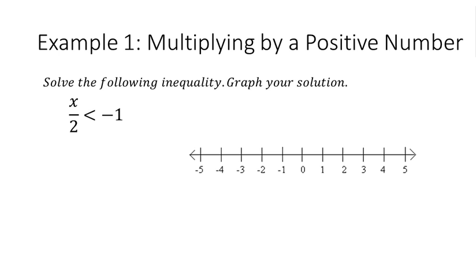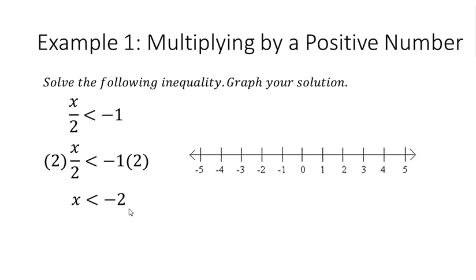So to solve this inequality, since it's being divided by 2, we are going to be multiplying by 2 on both sides of the inequality. What we do to one side of the inequality, we must do to the other side, just like normal when we're solving equations. So then the 2 divided by 2, those cancel, and then we're left with x is less